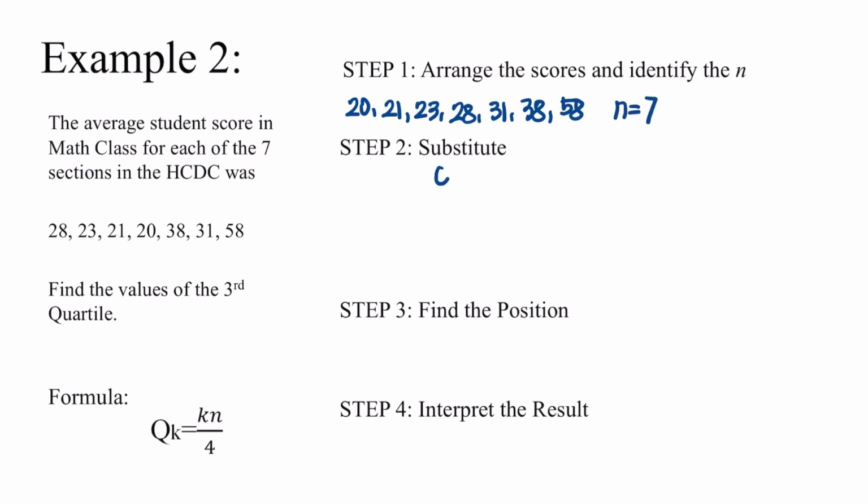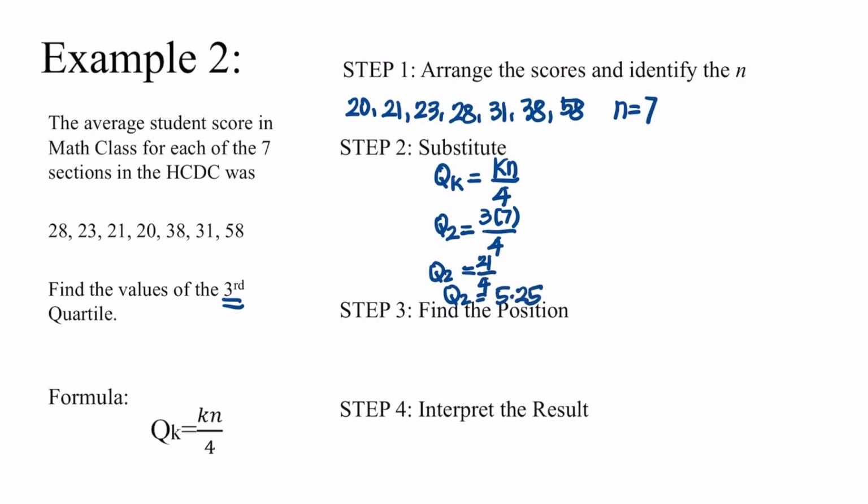Then substitute the given formula, q sub k is equal to kn over 4. Therefore, q sub 3, since we're looking for the third quartile, is 3 times 7 divided by 4, which gives you 21 divided by 4, and that is equal to